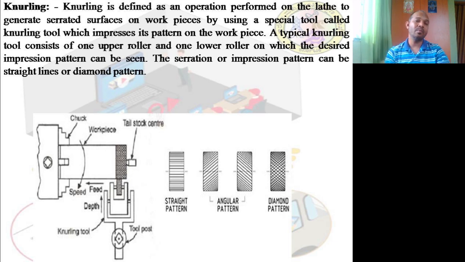with speed. Now, when it comes to facing and turning, the speed of the workpiece is more compared to the knurling operation. In knurling operations, the speed will be very much minimum. If 154 RPM is the minimum, then 150 RPM will be used. If it is 60 or 100, it will be maintained at a minimum speed. A minimum workpiece speed will be used to make the knurling operations.